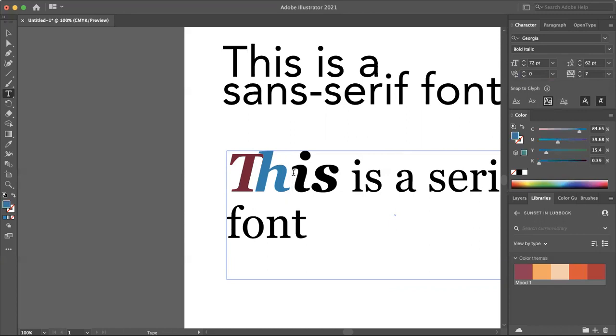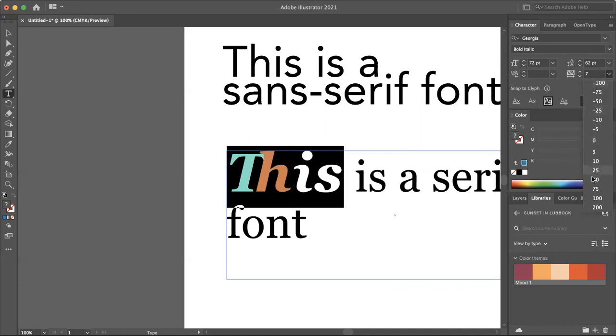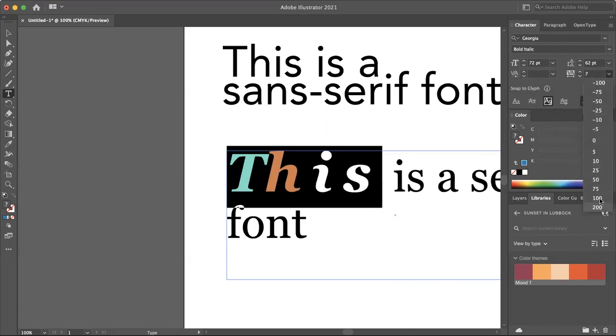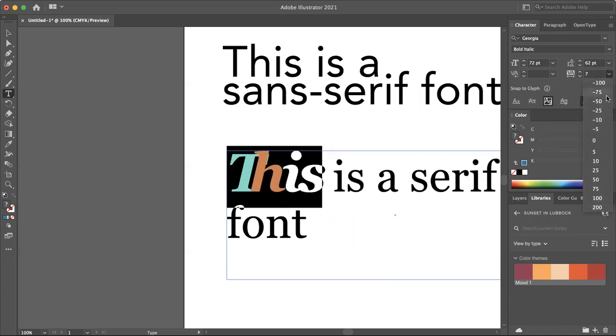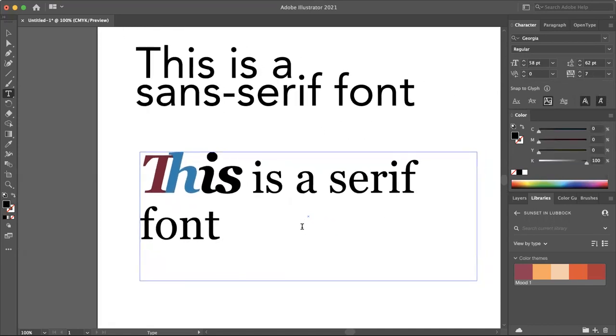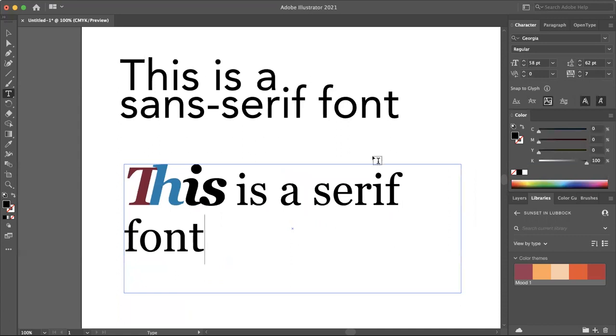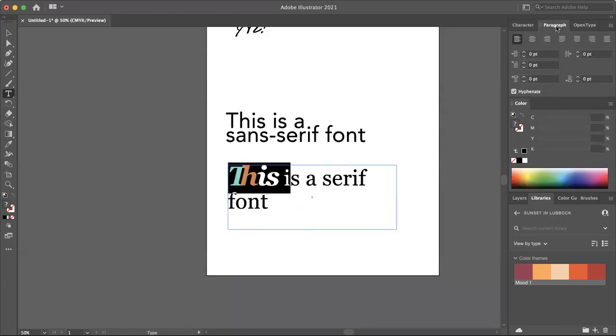And then if you wanted to change the space between all the letters in an entire word or paragraph, you could come over here and change the tracking. Okay, so same thing, just changes how far apart or close together they are. Okay. So as you can see, there are so many different things that you can do with your fonts. So your creativity is your only limit.